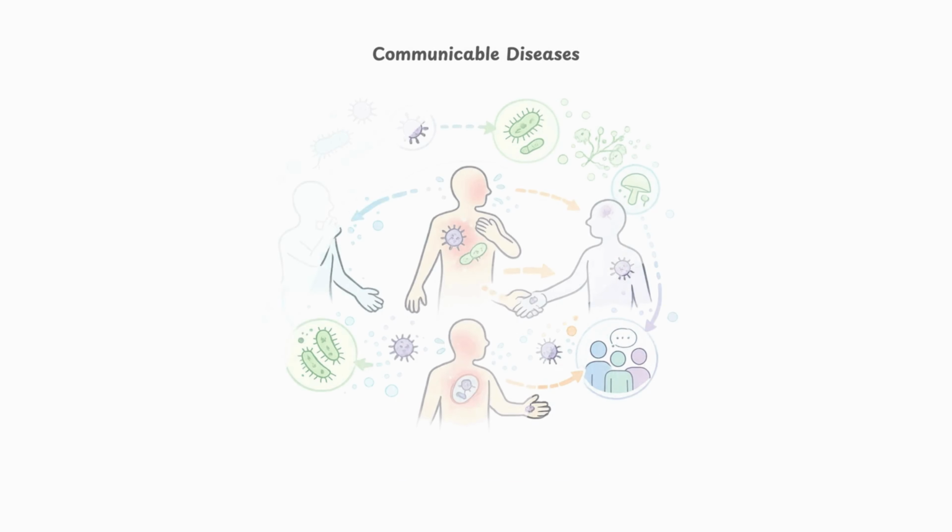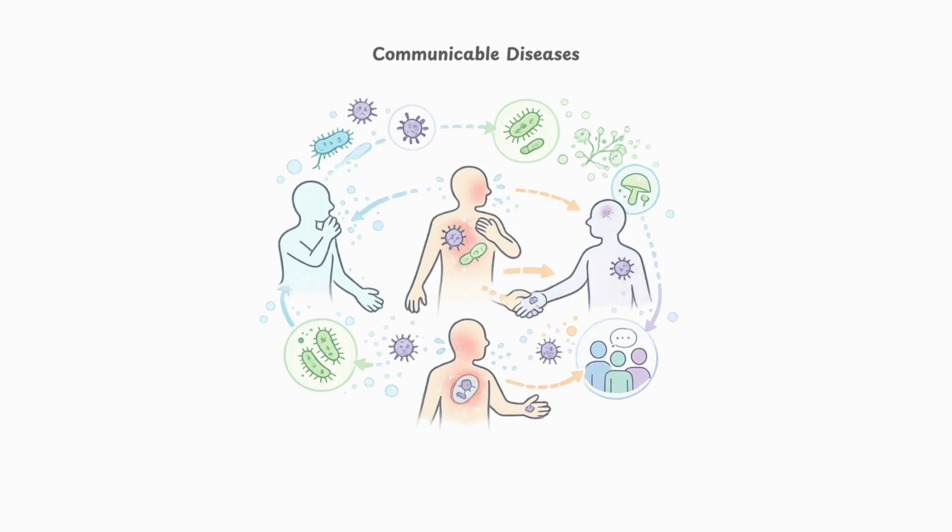As we can see, there are various pathways through which communicable diseases move between individuals. Different types of pathogens, including bacteria, viruses, and fungi, can surround and infect people. Once a pathogen enters the body, it can multiply and spread to others, leading to disease transmission within a community. There are several ways these pathogens spread. Some diseases spread through the air when an infected person coughs or sneezes. This is called airborne transmission.